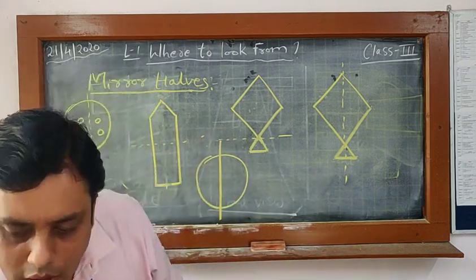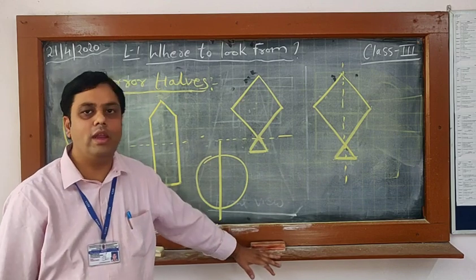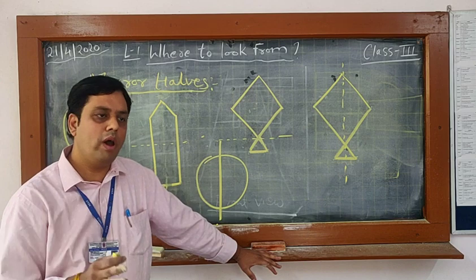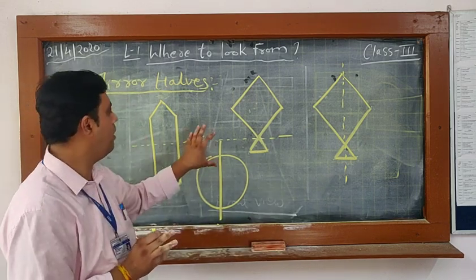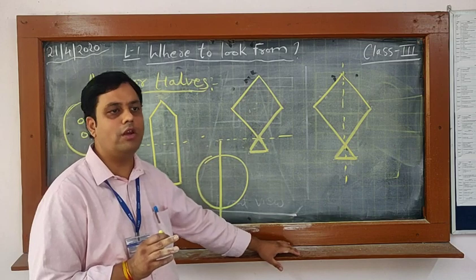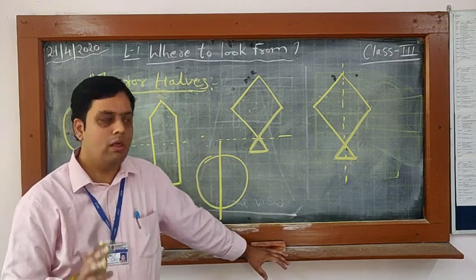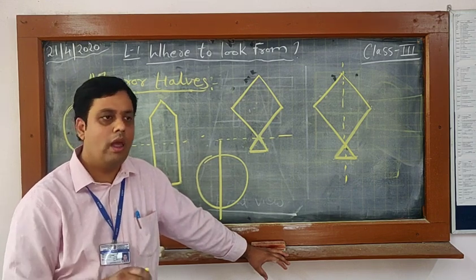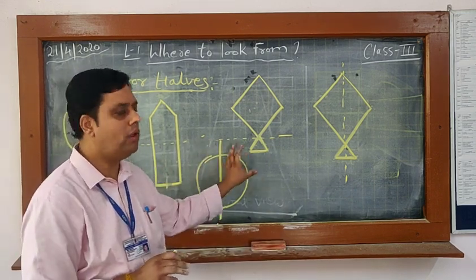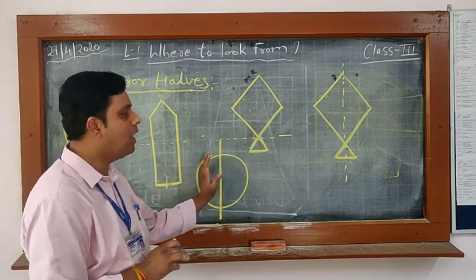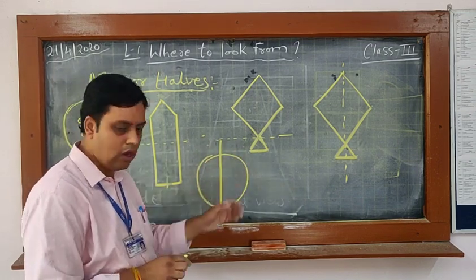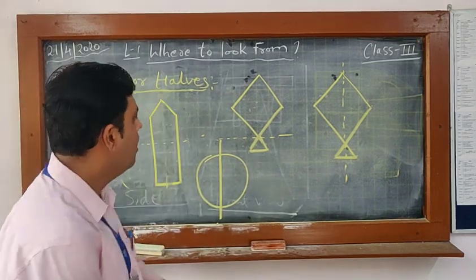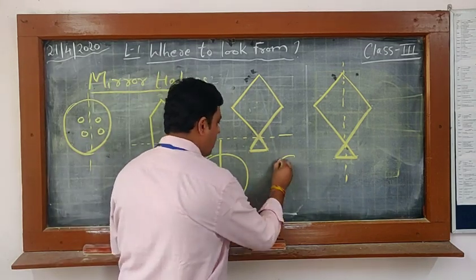So one more thing is there: when we divide anything, we have to see the color combination and the shapes. Except for shapes, if something is written, both sides should be the same. The same numbers or the same alphabet should be written, as well as the same color combination. If here it is yellow color, here also it should be yellow color. See, the same circle is there, but in this way.